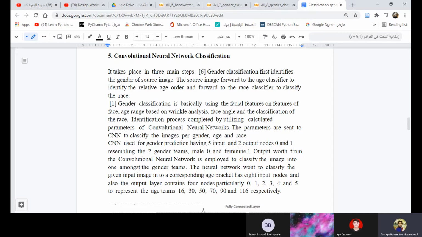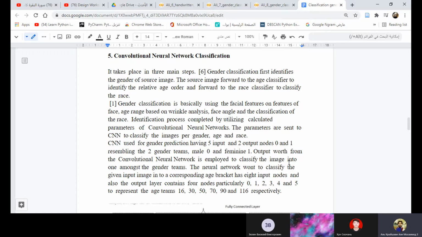Gender classification basically uses the facial features, age range is based on vertical analysis of face angle, and the classification of the race.